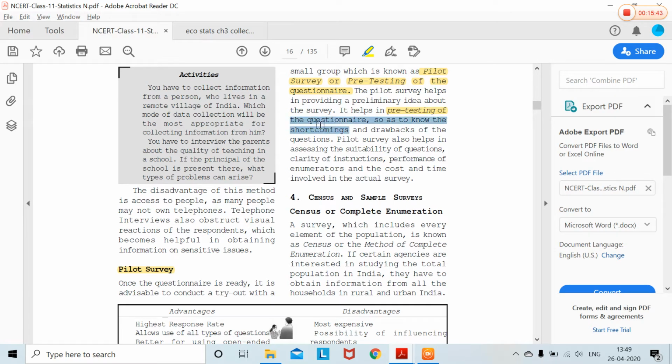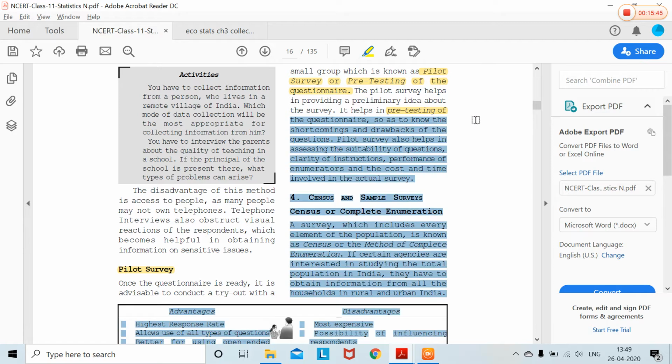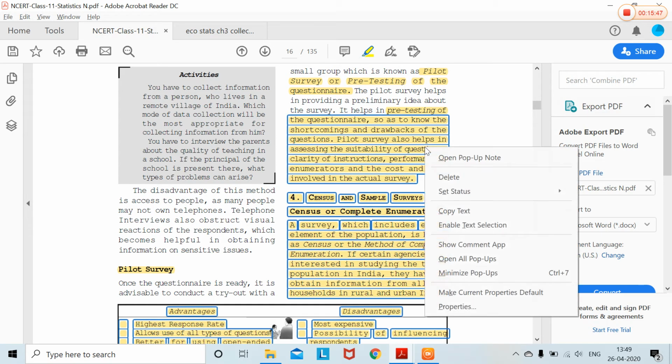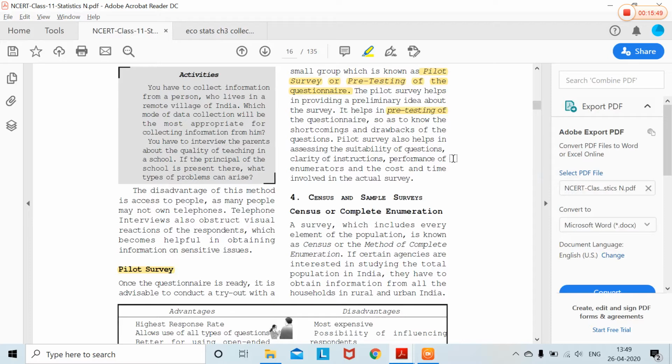You know, what can be the drawbacks related to your questionnaire? Like, I prepared some questionnaire, but then I actually started carrying it out with my target population, but they were uncomfortable with some answers, and now I realized it is taking a lot of time to fill just one complete questionnaire and all those things. So it is always advisable to try out with a small group of people